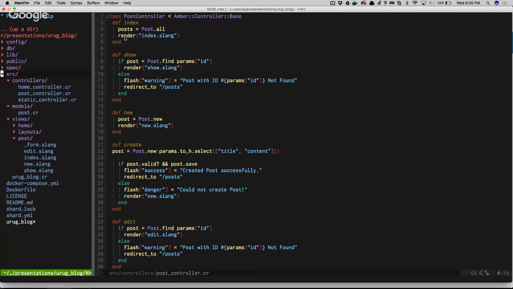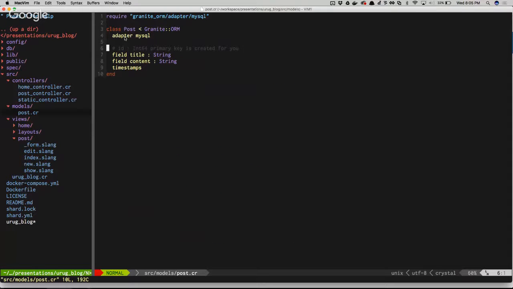So currently generators are using Granite ORM. If you look at this, we have Granite ORM, adapters, MySQL. In a lot of ways, we don't necessarily have to include that here if we had included it previously, same as Ruby. But it's easy just to generate it with a require in your model. And then we just inherit that from Granite ORM.